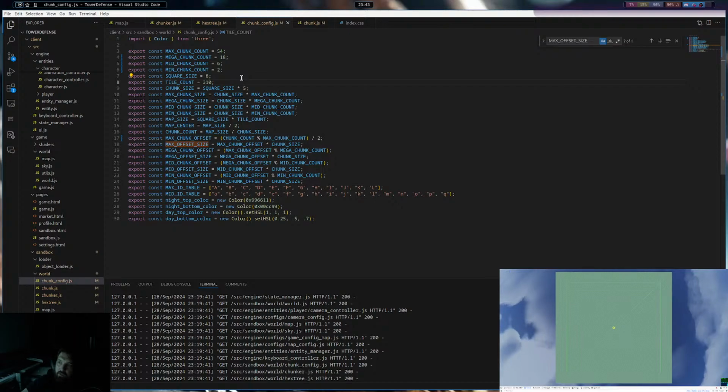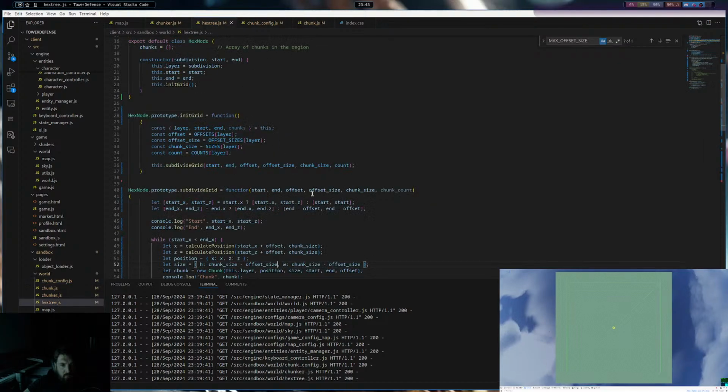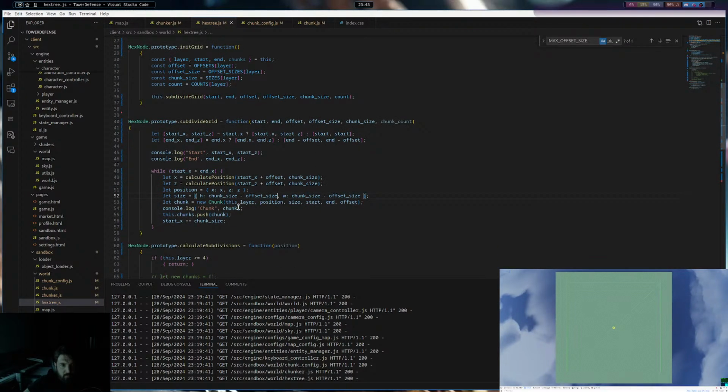So before I integrate the offset rules, I want to integrate the subdivision rule. But where it gets confusing is this is our subdivision rule. So this creates a chunk.